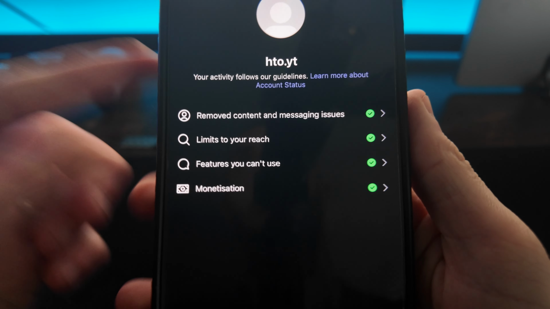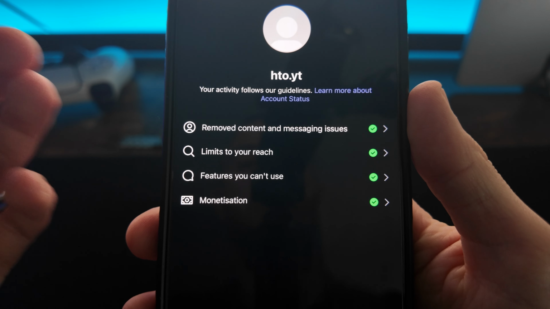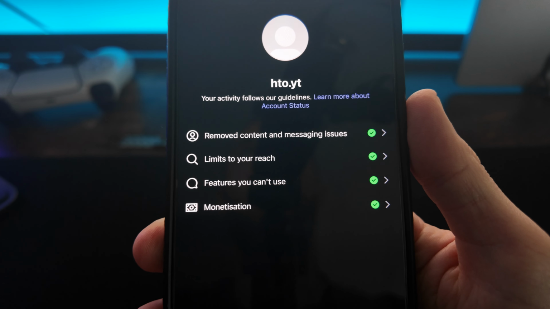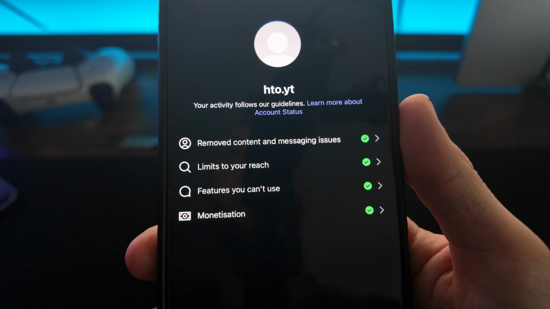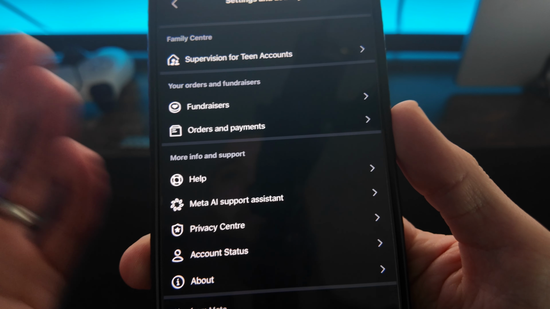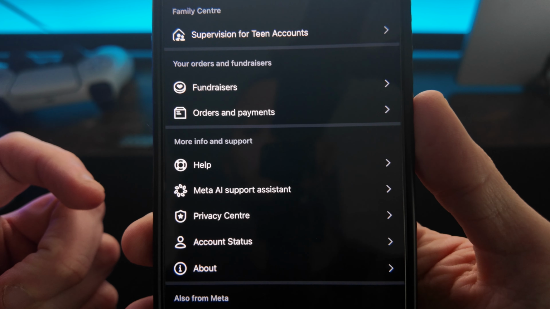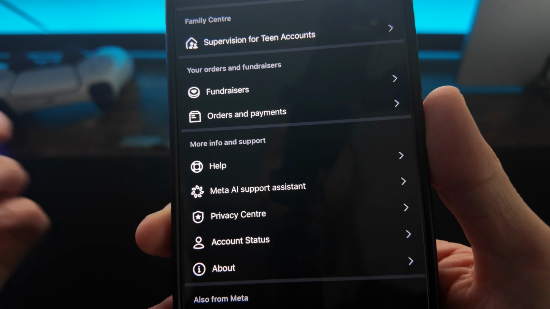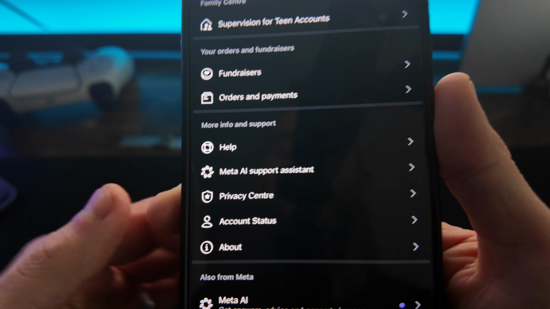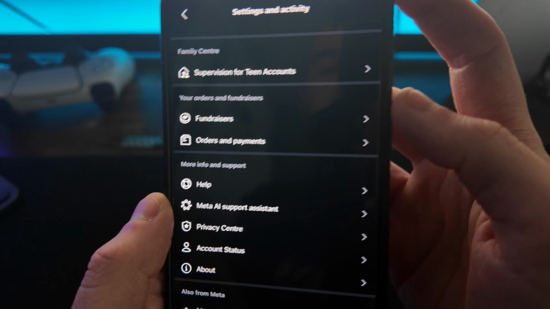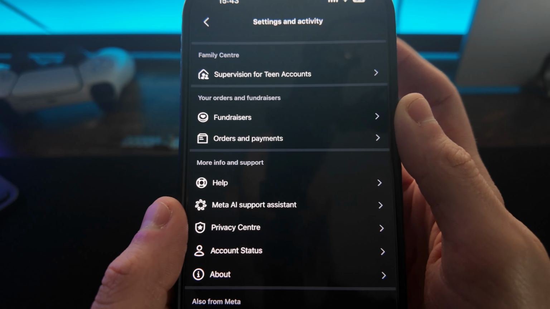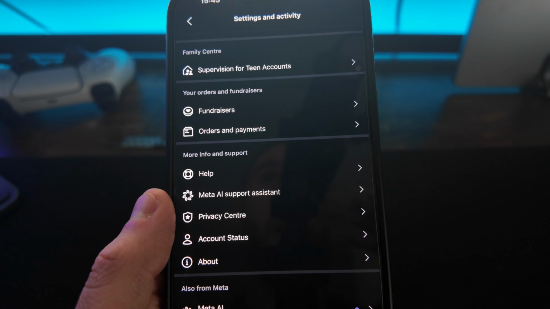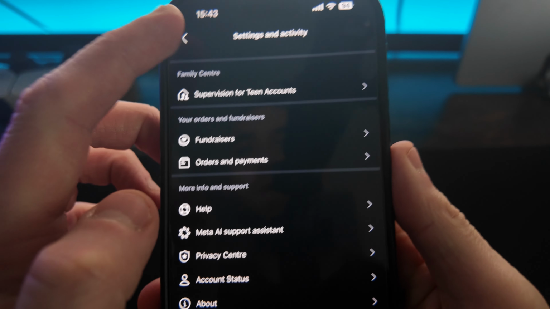Now the first thing is we can try and contact Instagram's live chat support or email service. Now if you've tried to contact them before, you will notice that they are really rubbish, and a lot of the time they will not even message back. So what we can do to try and fix this ourselves is if we go back over to the main settings page here,